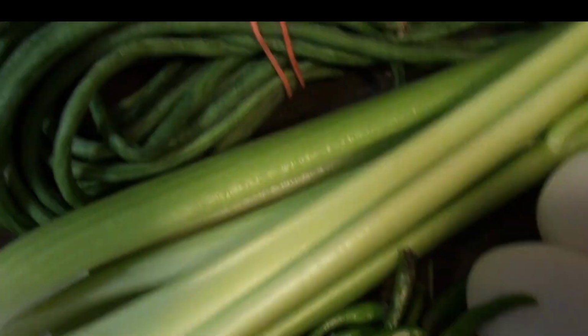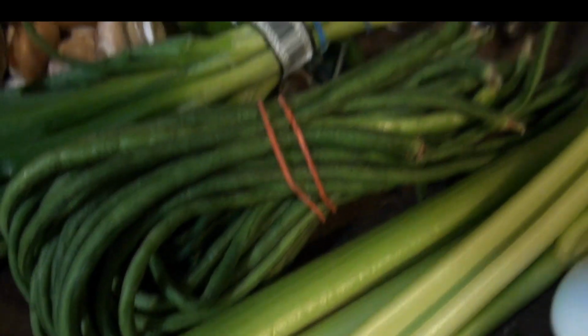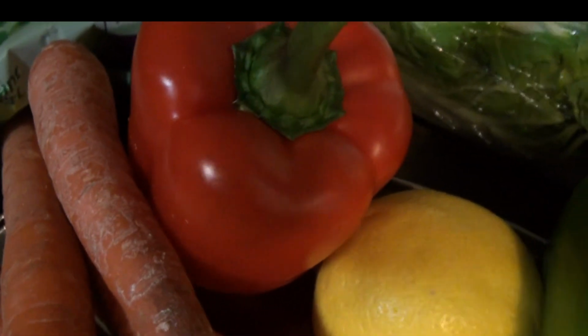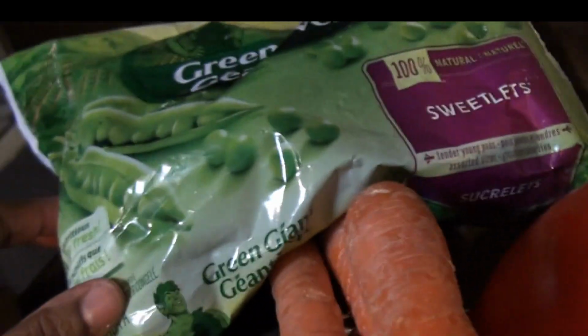and then we have bora, which is a long bean, sorry, and it's actually a product of West Indian, Guyanese, or Chinese. This is celery stalks. We have the shallots, or green onions, bell peppers, lemon there, some carrots, some mushrooms, ginger, a whole garlic, and I may add 2 onions, and of course these are frozen peas, and Napa cabbage, cornstarch, sesame oil, dark soy sauce,